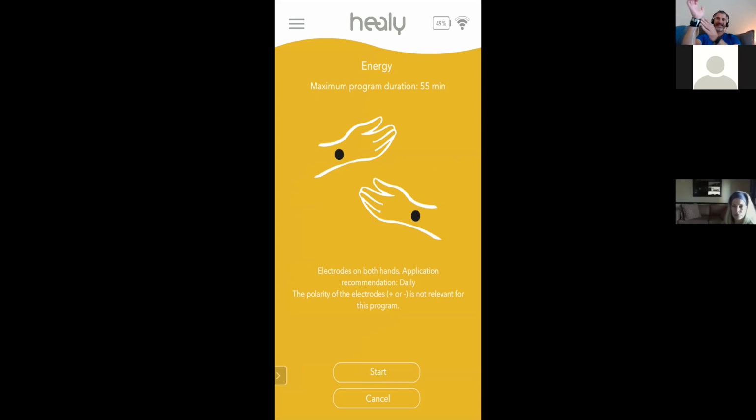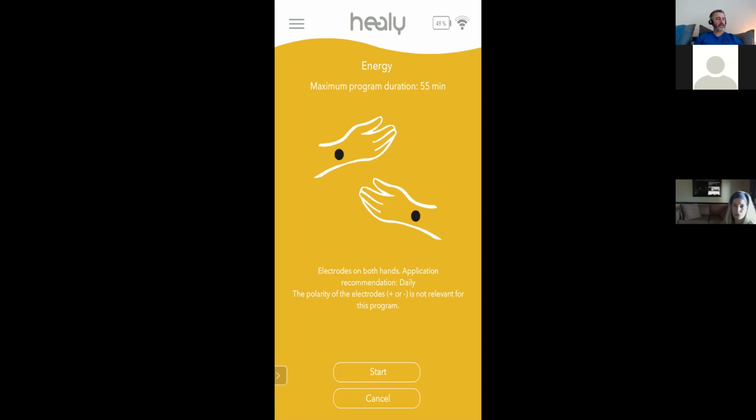So I can use sticky pads, like say, for example, if you got your device and the wristbands were back ordered due to weird COVID issues, and they didn't send you wristbands, but they sent you some sticky electrodes. Awesome. You could stick the sticky electrodes on your wrist, like right here, or on the back, okay?